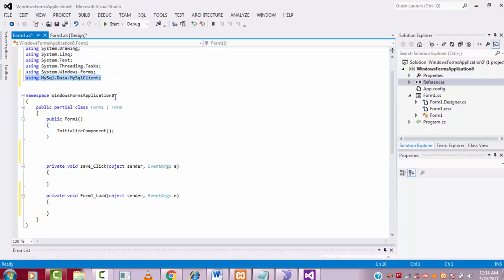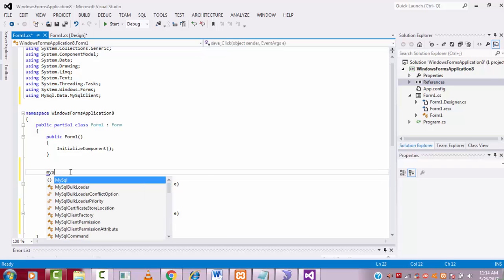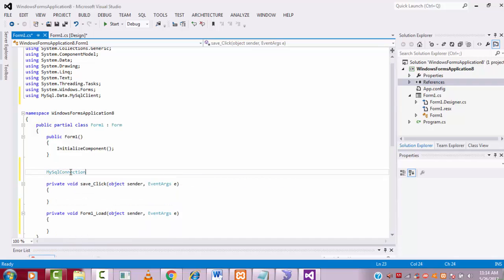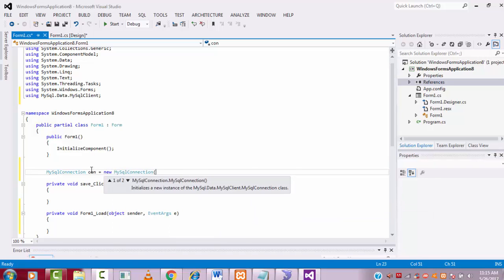Here you have to first write the namespace. A namespace contains so many classes, and the classes you can write like this. Now you are able to write the class MySqlConnection. If you have not called the namespace, you can't write the class below like this. Here, con equals new MySqlConnection. Within the brackets, within the double quotation marks, you have to write server